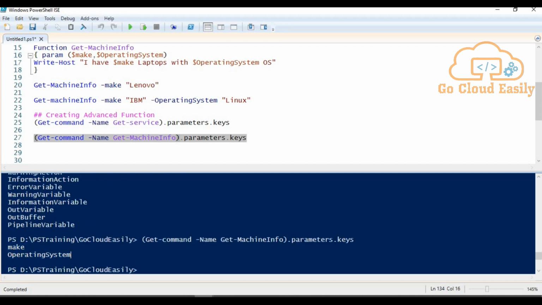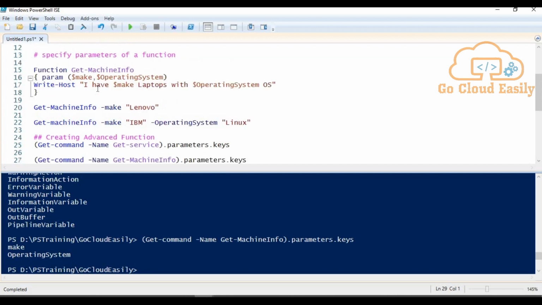So when we create an advanced function, we include all these generic parameters in our function. Simple enough, right? Now the question is how we can create these advanced functions, meaning how we can include these extra parameters in our function.